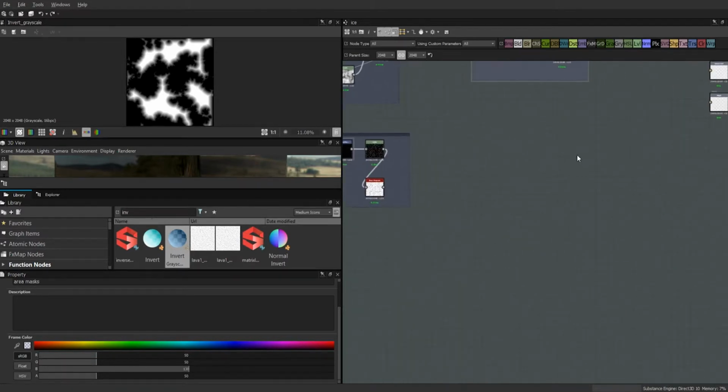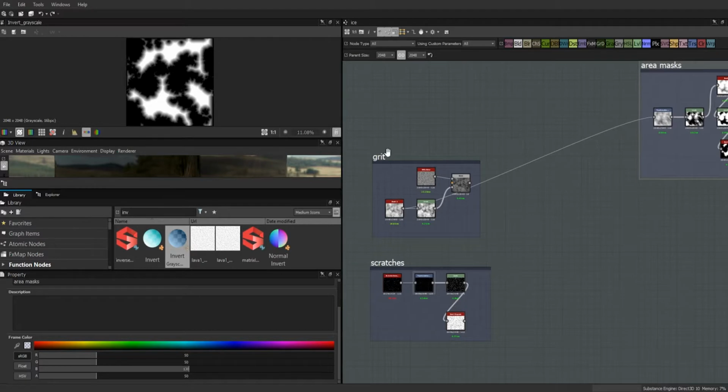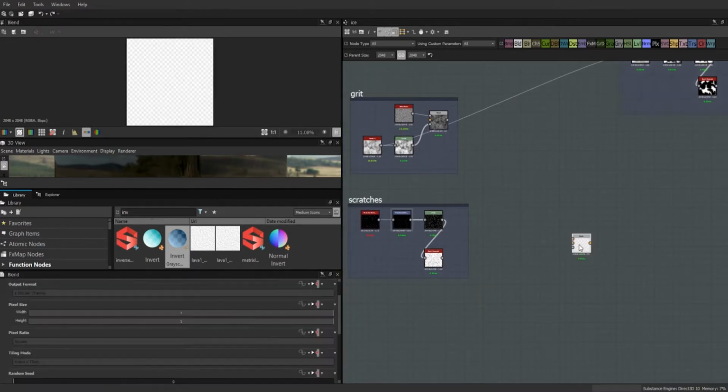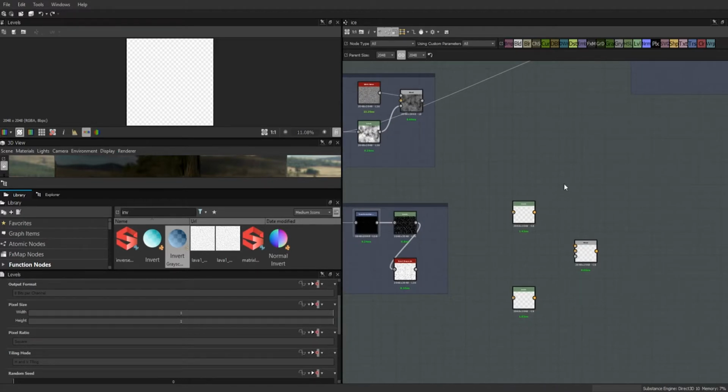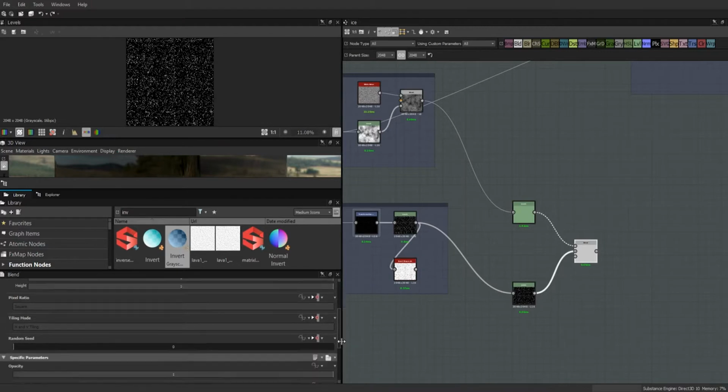Okay. So the first thing we need to do is get our grit and scratches blended correctly for each one of the various outputs that we're going to need to create. We'll start with the roughness, and we're going to use exactly the same procedure for each one of these. So, it's a lot of nodes, but it's also a lot of repetition. So first, let's start with hooking up each one of these to its own levels node, and then we can put the levels nodes into a blend, and in this case for the roughness we're going to use a lighten,